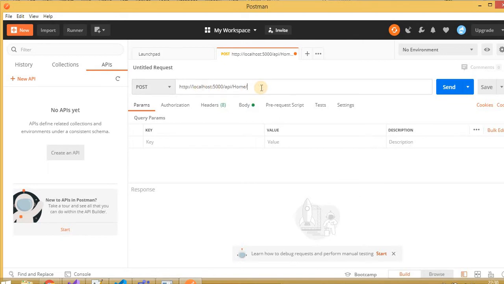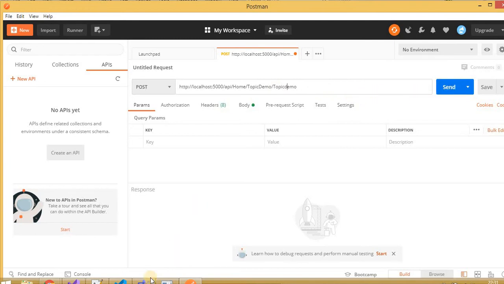After home, let's suppose the topic name will be TopicDemo, and then the display name will be AWS demo, or let's have the same name, TopicDemo, with T and D capital.